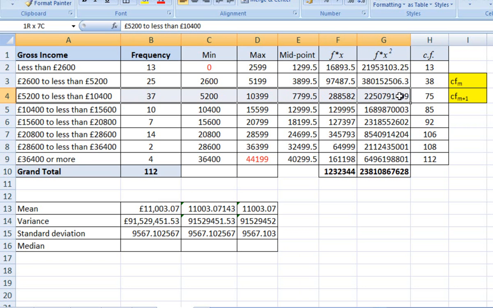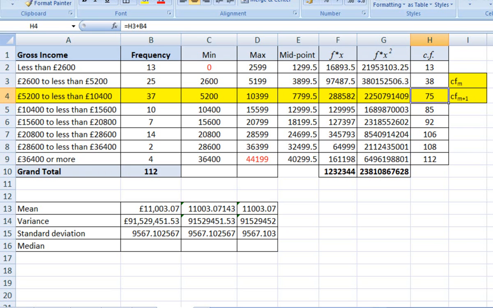We reach 56 in this category. So let's highlight it here with a yellow color to say that this is where the median is going to be, between 5,200 and 10,400. So we call this value 38 the CFM in our formula seen in the lecture,